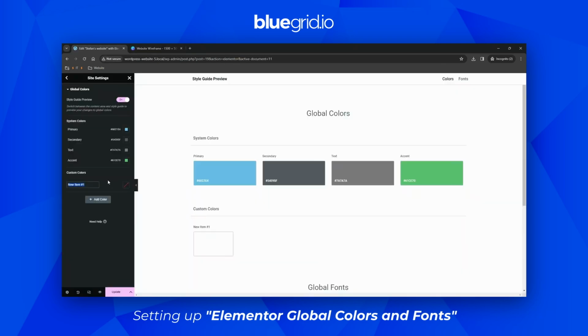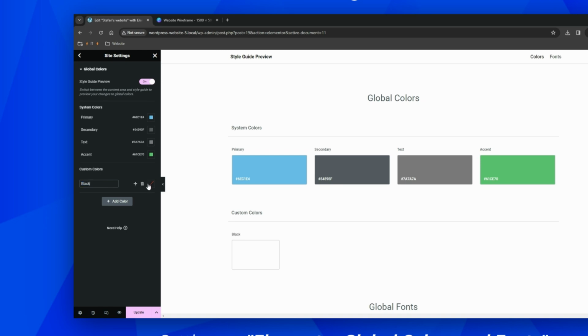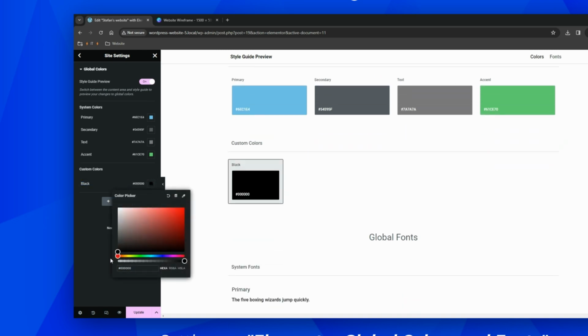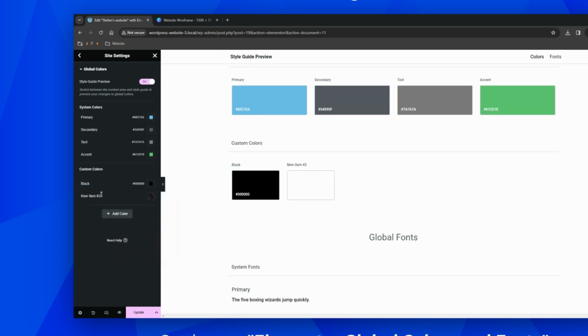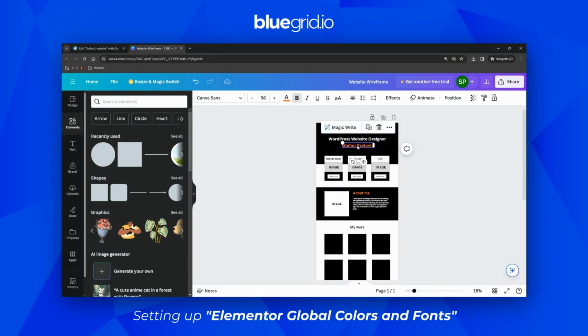So you can name these colors the way you want. I just go with simply black and then choose a black color from the color picker. Add the white color and orange. We'll just have to go back to Canva, click on the heading or any element that has this